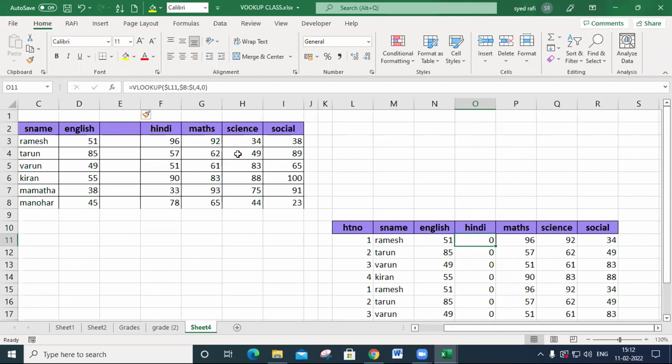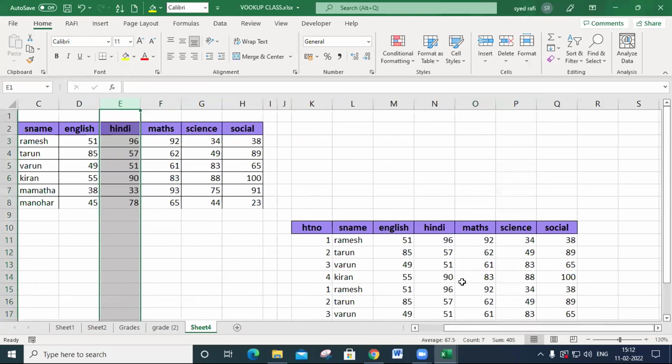The maths marks are assigned to the science. The science marks are assigned to the social, and social marks disappear. So this is the drawback. In VLOOKUP, if you insert or delete in a data source, it causes a problem. It can't display the accurate data. This is one of the problems in VLOOKUP.